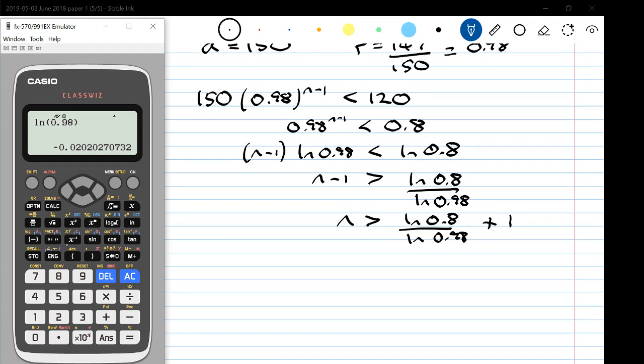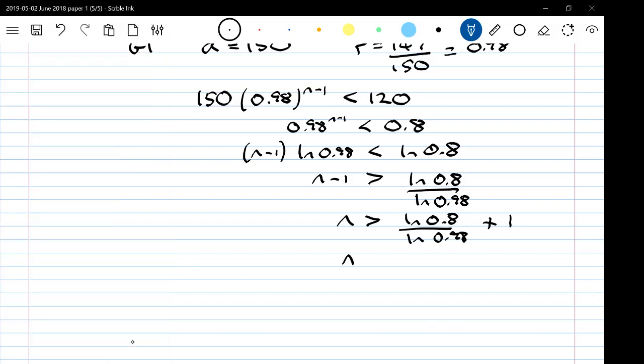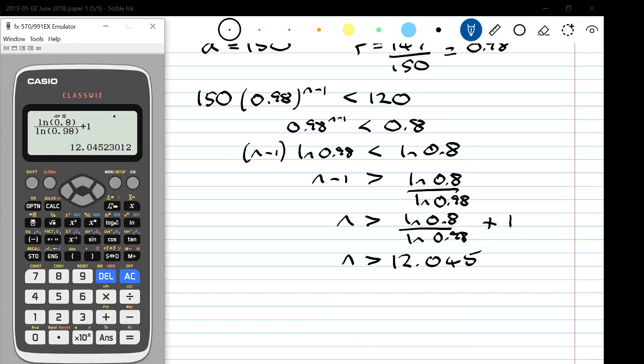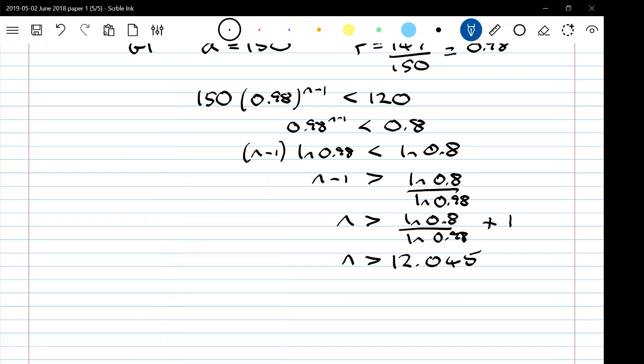Go to the calculator. ln 0.8 over ln 0.98, I didn't close that bracket, I don't know if it matters, plus 1 gives me 12.045. n has to be an integer, it has to be greater than 12.045, therefore as n is an integer, n must be